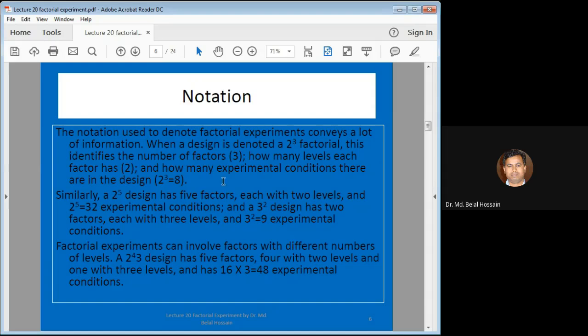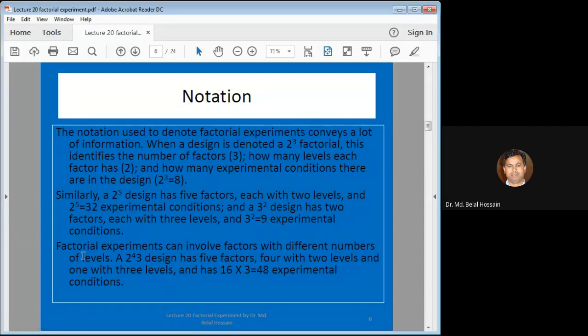So how many factorial experimental conditions there are, that is actually 2 to the power 3, that is 8. Similarly, a 2 to the power 5 design has 5 factors and is with 2 levels, and 2 to the power 5, that is 32 experimental conditions. And a 3 to the power 2 design has 2 factors, is with 3 levels, so 3 square means 9